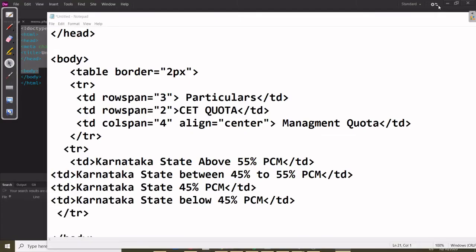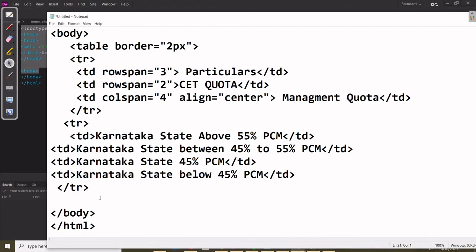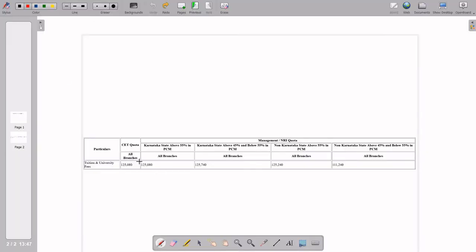So in that case, another TR, because first we have to write the TR, then TD, right? What is the first statement? All branches is there, right?